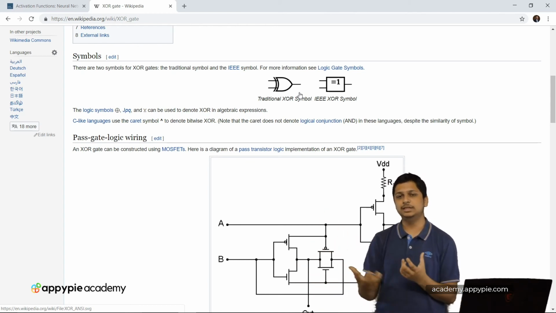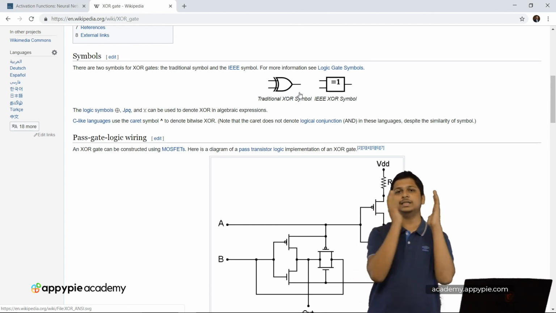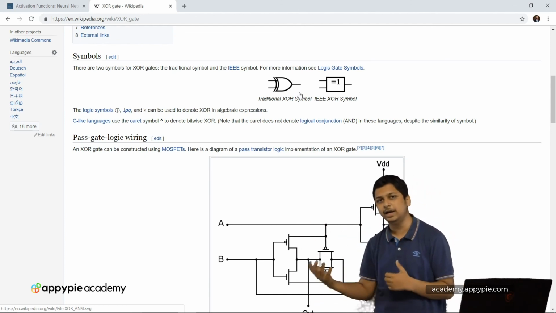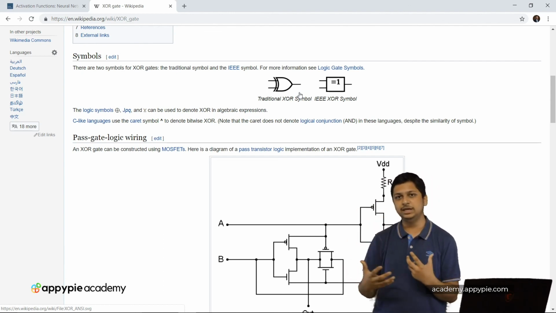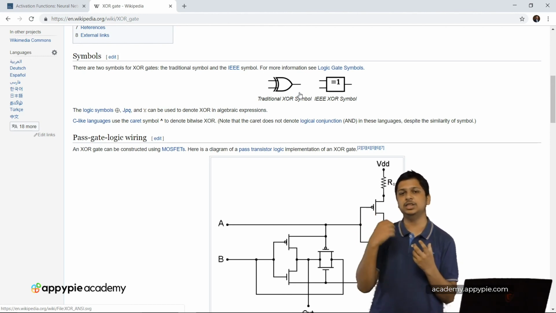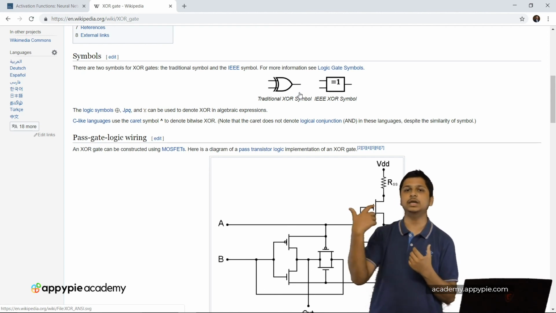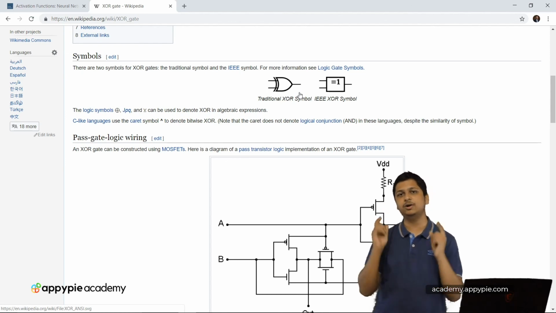This is something we will only be providing to the model: the input and the corresponding output value. The model has to process all of this given data using a neural network, and then give us a generalized output by which we can test any new input. That is the task we'll be doing. So now let's get started on the coding part.